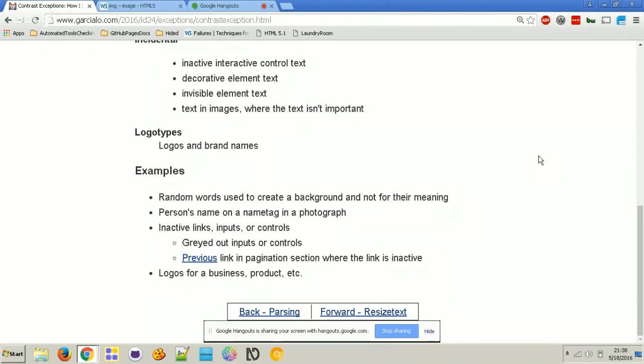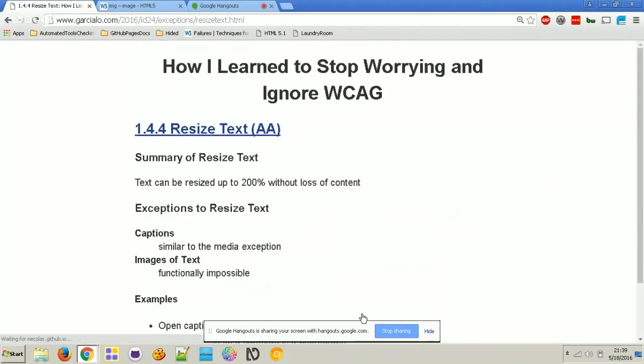So if we had maybe eBay brand shoes, and we had the eBay Totally Extreme shoes, or we sold trucks and we had the eBay Totally Extreme truck, and Totally Extreme had its own little stylized logo or stylized branding to the text, then it would be exempt. But in all other cases, it's not going to be. So logos are exempt. Things that are branding logos, that kind of text, that's also going to be exempt. All right, we're getting to resize text.